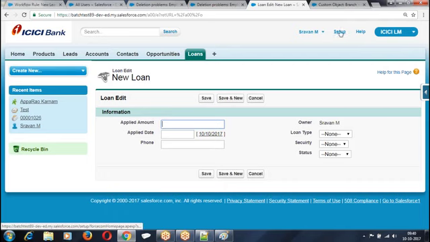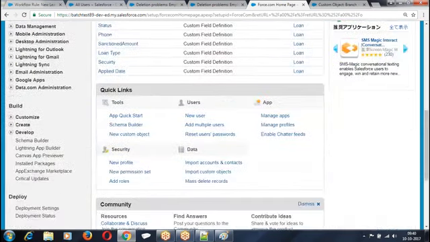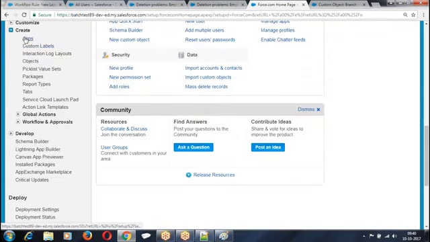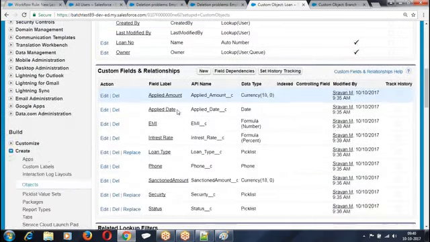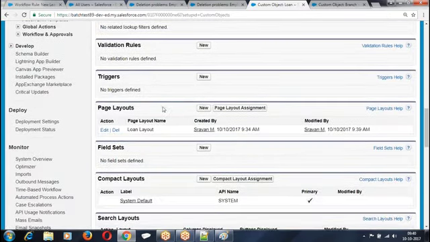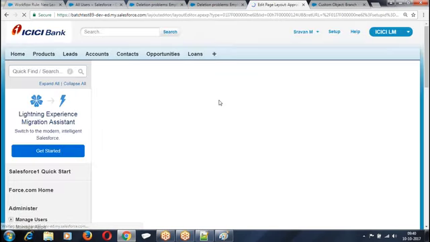So what is that? It is a different view. This is before approved, that is after approved. Before approved, you have a different view. After approved, you have a different view. So what I am doing, creating one more page layout. Go to object, loan. Then what we have? Page layout, new page layout. Approved layout. If loan is approved,